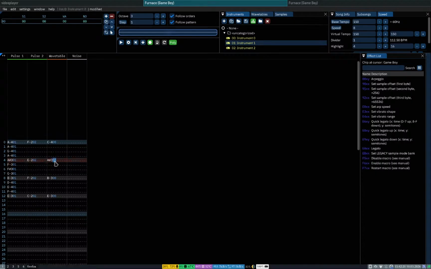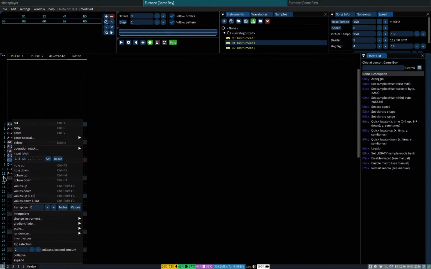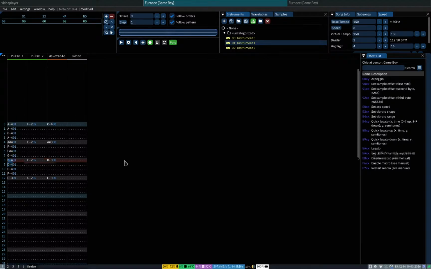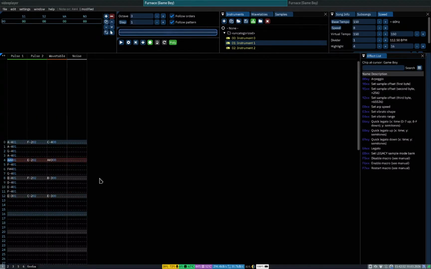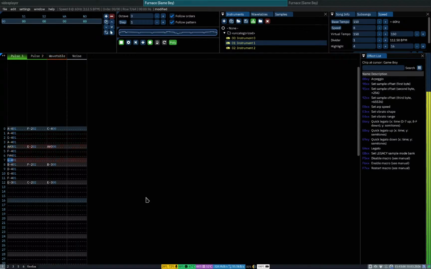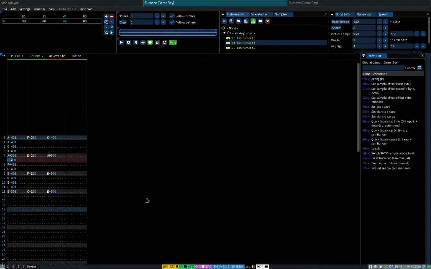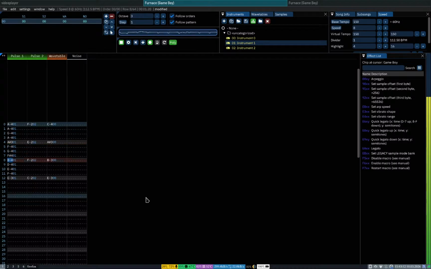Also, this is 1, and this is meant to be 0. So, god damn it. Can I transpose this? That'll be easier to fix the octave up. Control F4. I mean, it's not Alt F4. Let's see. Yep, that works. Sure. What has it done? Control F3. Okay. And then that's